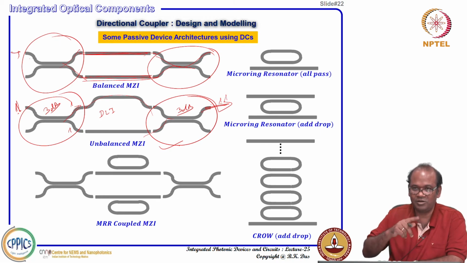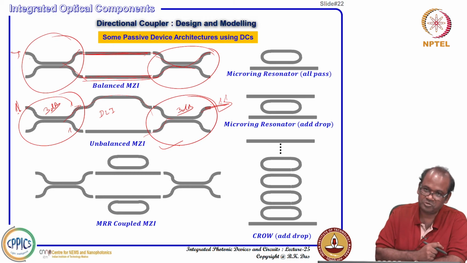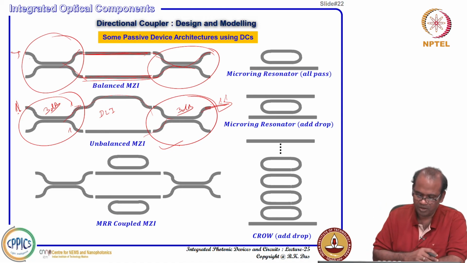So, you can actually copy one pulse into two pulses. This type of delay line interferometer is also used for different types of quantum mechanical applications and also microwave photonics, many applications you will see. And you can think of some kind of structure, a directional coupler, you can design like